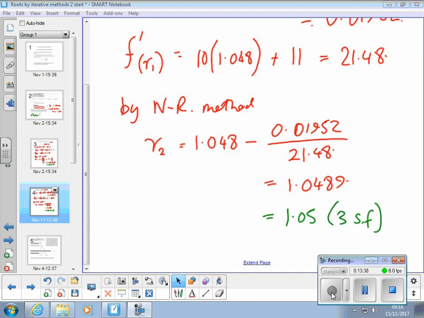Because that value to 3 significant figures and the previous one are exactly the same, we can stop,